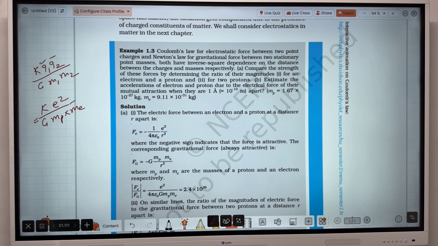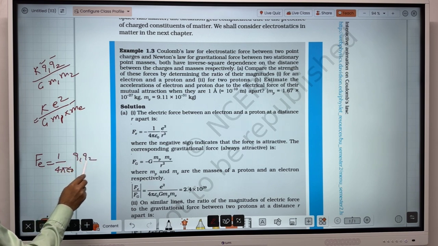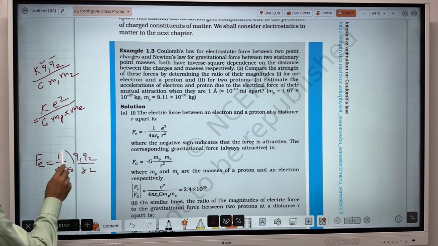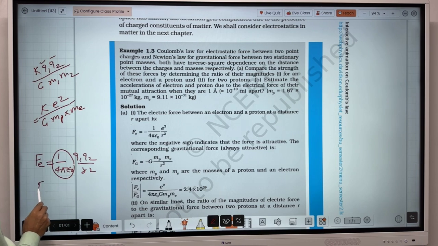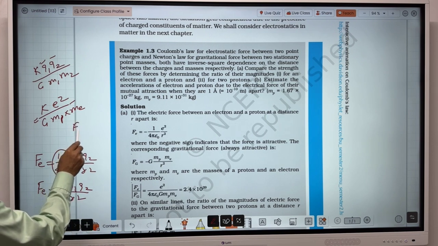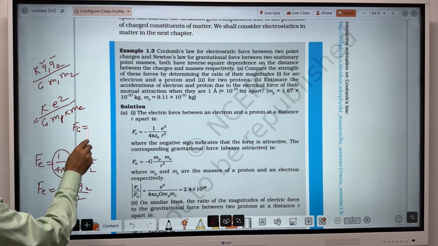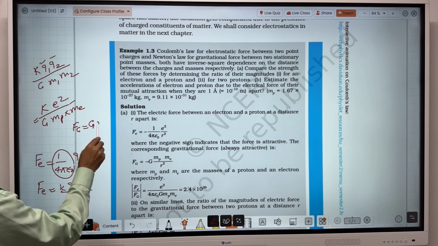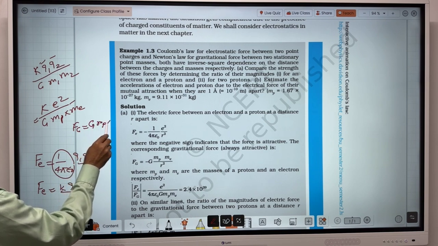So if you observe carefully, in the formula F electrostatic 1 upon 4 pi epsilon naught Q1 Q2 divided by R square, here this term can be written as K. So K times Q1 Q2 divided by R square,